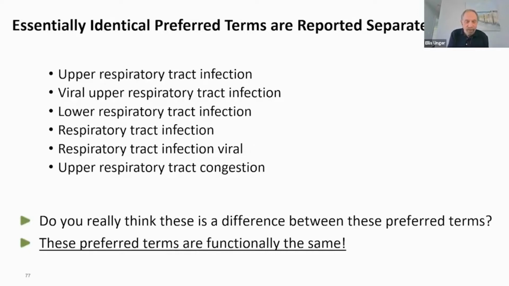The problem, as several people have said, is that essentially identical preferred terms are reported separately. So, here you have a lot of flavors of respiratory tract infection. Some are upper, some are lower, some are called viral, some are not. You have to think about how these data are collected. You've got an investigator who may or may not even pretend to use a stethoscope, who may or may not have the patient in front of them when they had this infection, because the patient could be reporting what happened to them a month ago. And so these terms are obviously the same. There's no difference between them. And if you separate them, then basically you distort the safety data. You divide it up so that it's unusable.